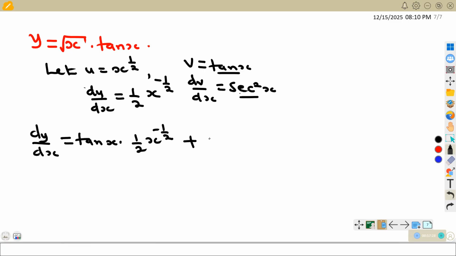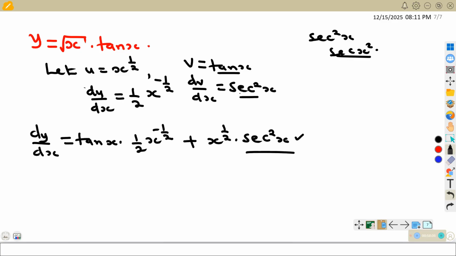x to power half times sec squared x, not sec of x squared. There is a difference between sec squared x and sec of x squared. These are different. So we can simplify this further,